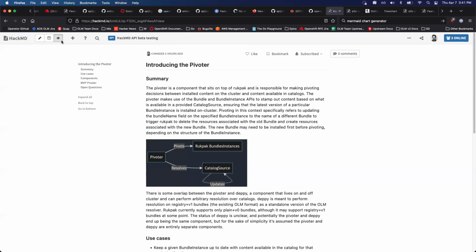But the implementation was just enough to show the concept of multiple replaces, and it didn't make use of file-based catalogs or catalog sources or anything like that. So there would definitely be some changes to make. And the other problem is that you could say skips is just another upgrade edge, but it has slightly different semantics in terms of how the resolver eliminates things, but maybe that's not a big deal. Anyway, that's the high level TLDR. If anyone wants to pick my brain about that more, feel free